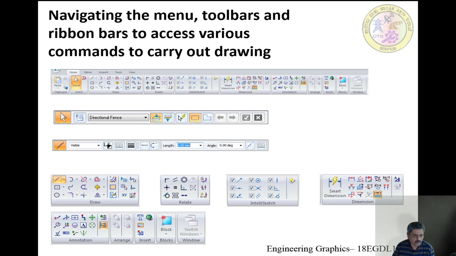Everything you can do here: trimming, cutting a particular portion of it, offsetting, that is duplicating at a parallel distance, moving the entity or mirroring it, and then filling with something. So many options this particular software will give you.